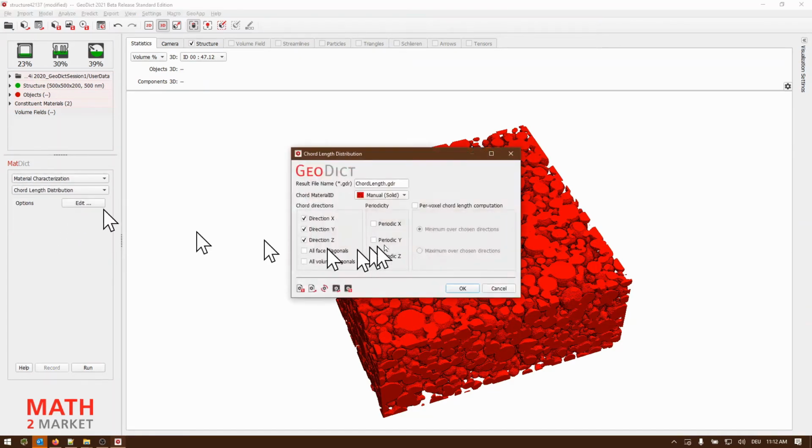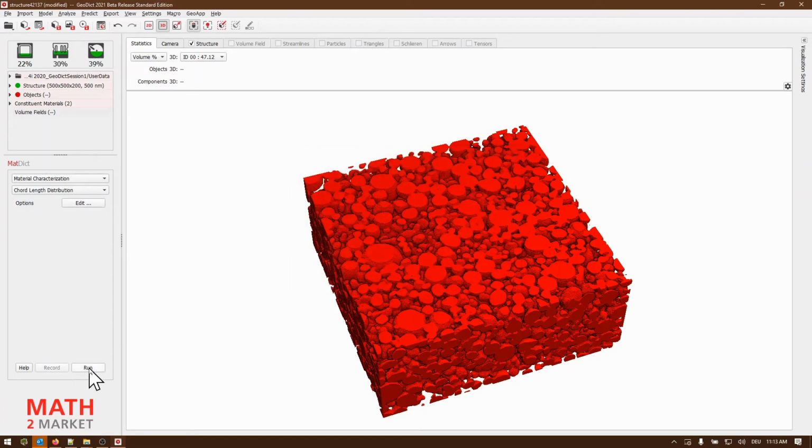I'll edit the options, and I find that we will analyze the pores rather than the solids in this case. Analyzing the solids or grains makes a lot of sense as well, but we're looking for the pores right now. And we will go through the X, Y, and Z direction. We could also look at 2D and 3D diagonals and compare the statistical digital twin with the original data sets later, also for those properties. But it would be way too many curves for the comparisons later. So I hit OK and run the analysis.